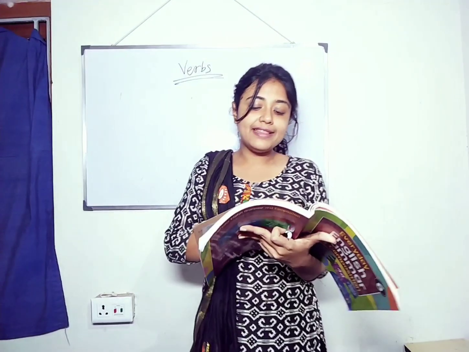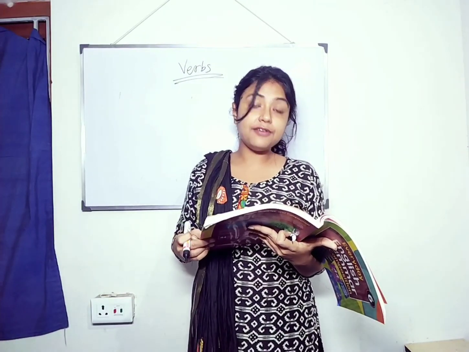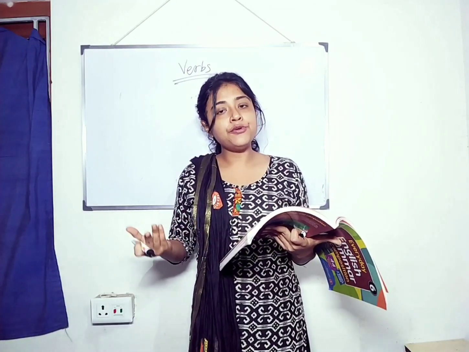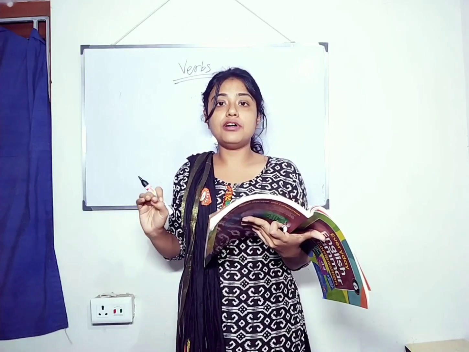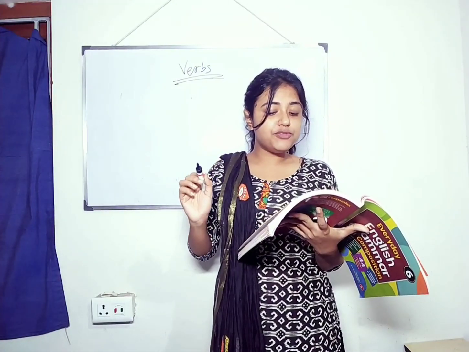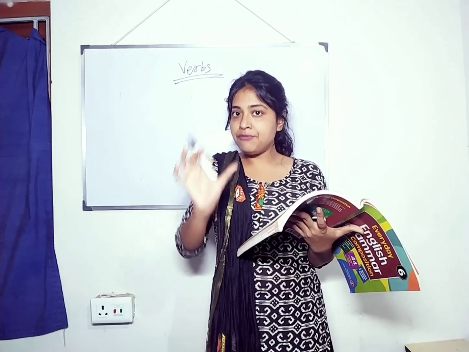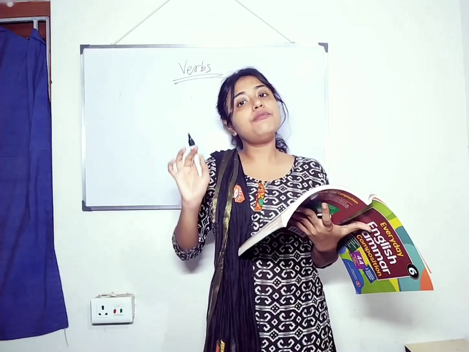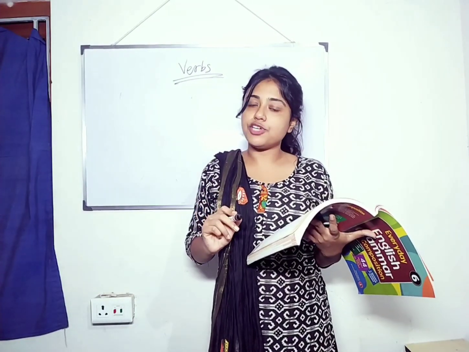Write whether the main verbs in the following sentences are transitive or intransitive. As we know, a transitive verb should have an object, which an intransitive verb does not have. Circle the objects of the transitive verbs. If we find the main verb transitive, it should have an object, and we will encircle the object, right?